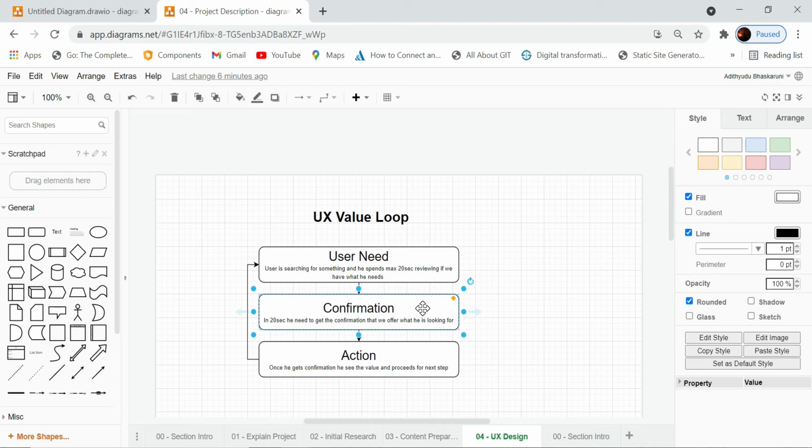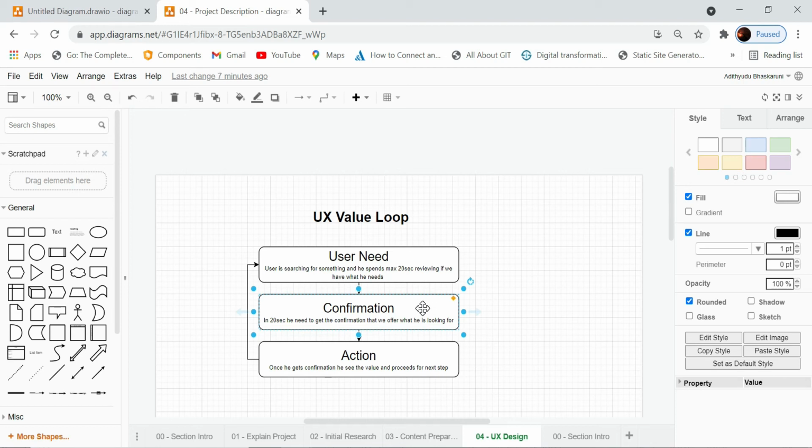Once he gets that confirmation, what is the next step he needs to take? The immediate next step would be to check whether any hotel room is available at a particular date and time. So that call to action button also should be there. On the very first page, he should have that action button so that he can immediately search. Once he searches, what is the next action he might want to take? You need to think through all these things.